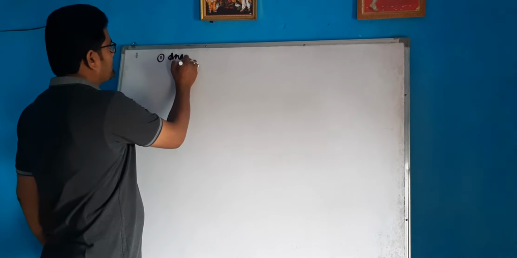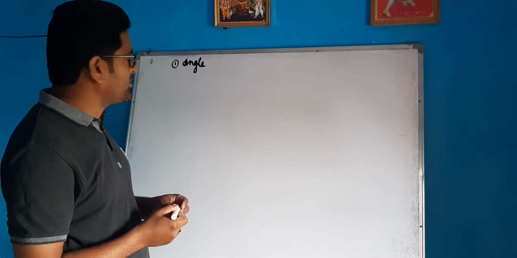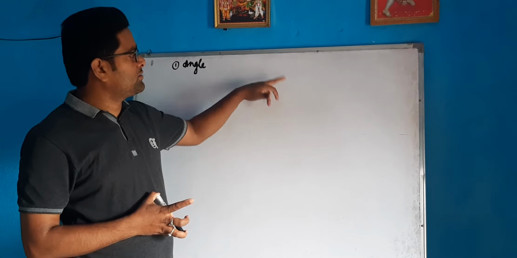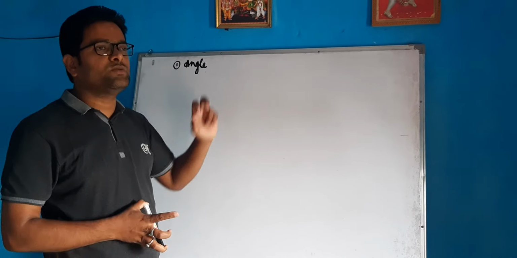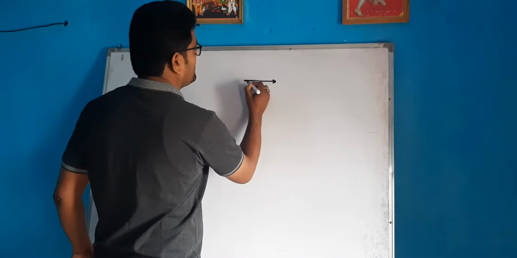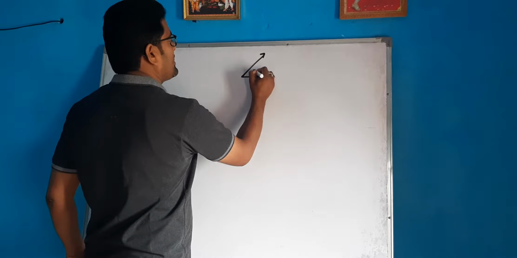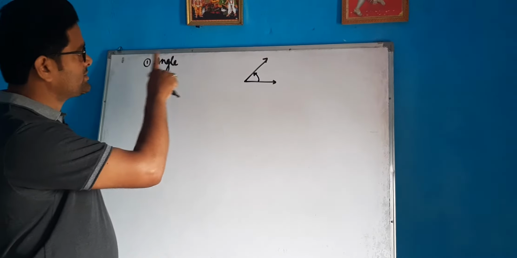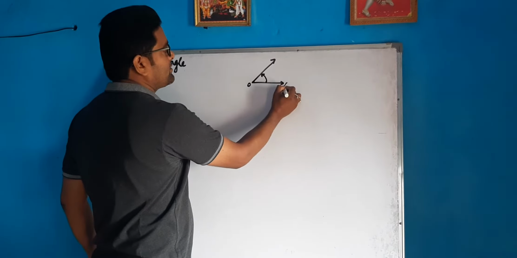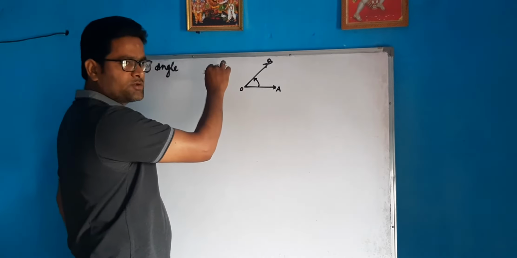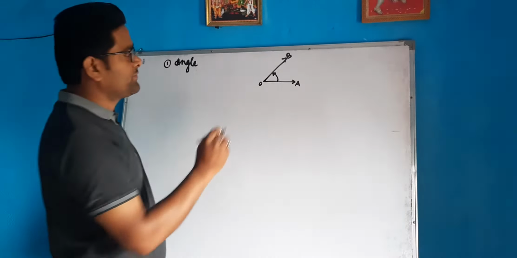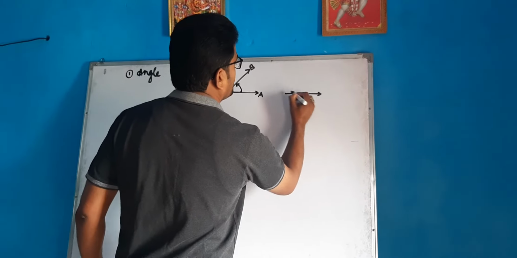What is an angle? As you know from your concept of geometry, the measure of bending, the measure of rotation between two rays, is known as an angle. We have the same type of definition here, but I will change it a little bit. I will now make anti-clockwise rotation and clockwise rotation. Whenever there is an anti-clockwise rotation of a ray, OA and OB, the angle which will be made will be positive, and when there will be clockwise,